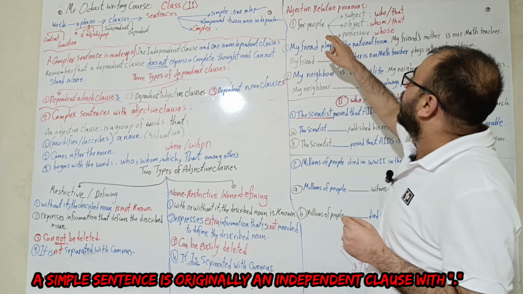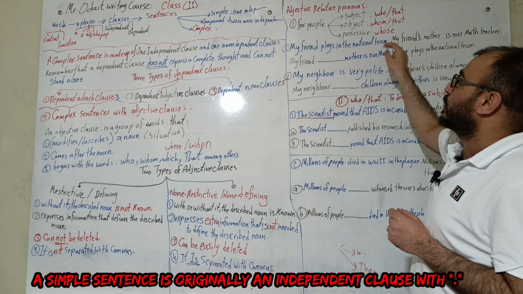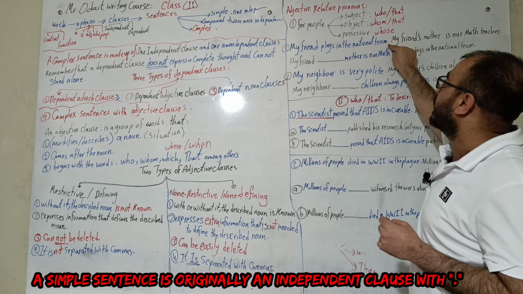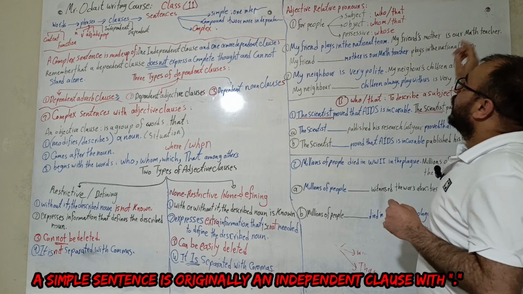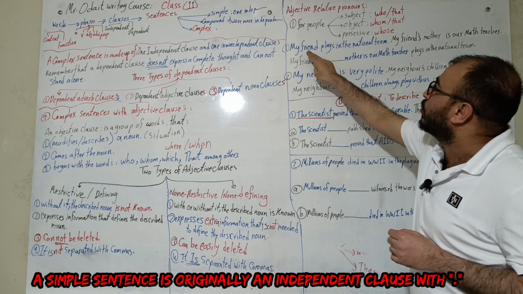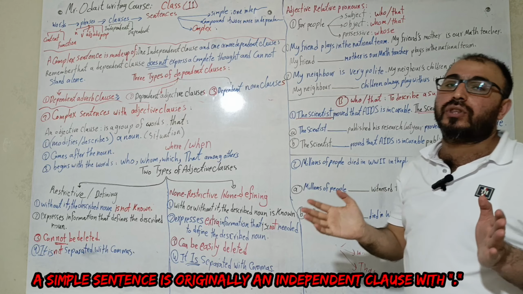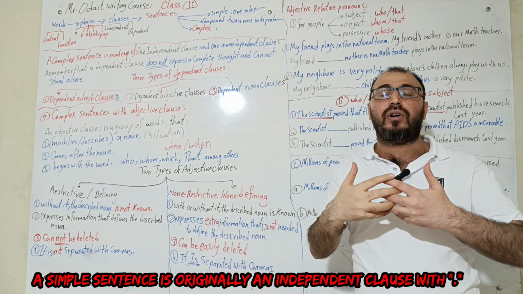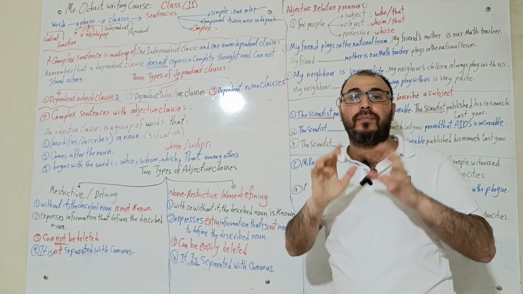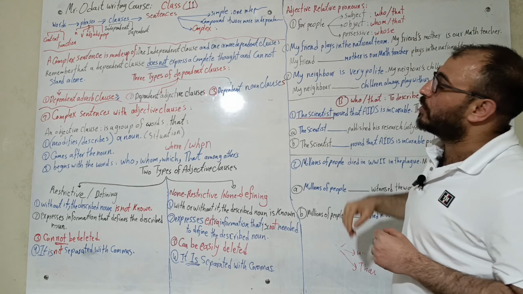Here I have the two simple sentences. Every simple sentence is originally an independent clause. And here I'm talking about the same person, my friend, so I merge these two independent clauses, these two simple sentences, inside one complex sentence by changing one of those independent clauses